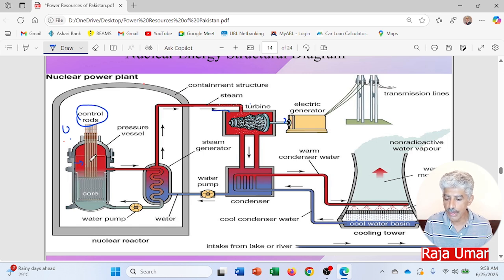Because of the strike of the neutron, the uranium atom breaks down, and three neutrons evolve out of that process, as I told you in the previous slide. And one or two might be absorbed by these control rods, and only one remains which strikes the other uranium atom to produce heat. Because of that heat, you can see that this whole chamber is shown as red. It means that because of the heat, the water has got quite hot, and this hot water comes over here, and it turns into steam